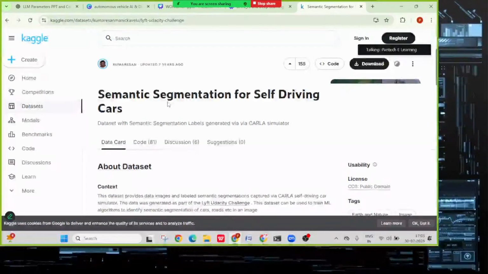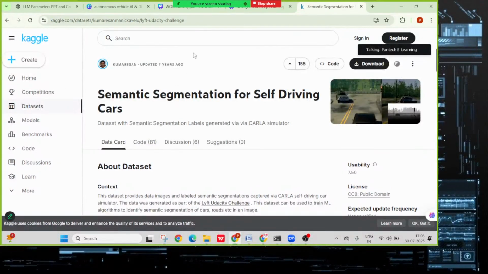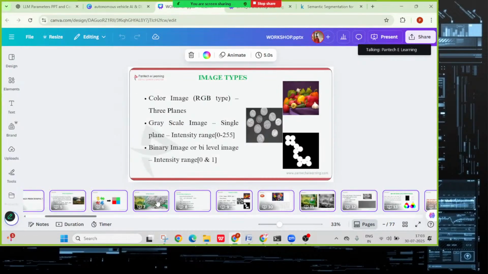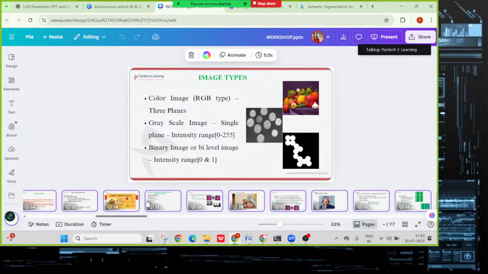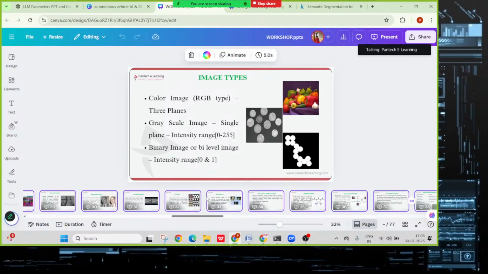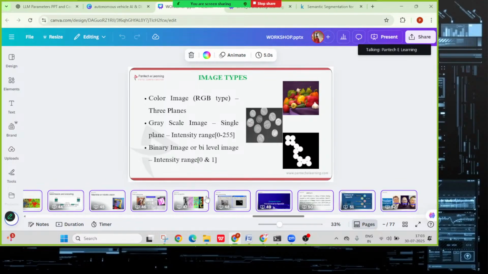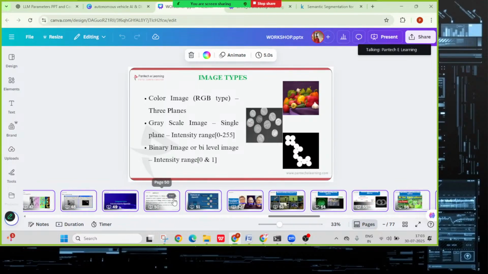Okay, so for our segmentation purpose, as I said already, we have so many types of segmentation. As I showed in the presentation, the first one is semantic segmentation. What did we say about semantic segmentation in this particular thing? We said that semantic segmentation will be related to the part of